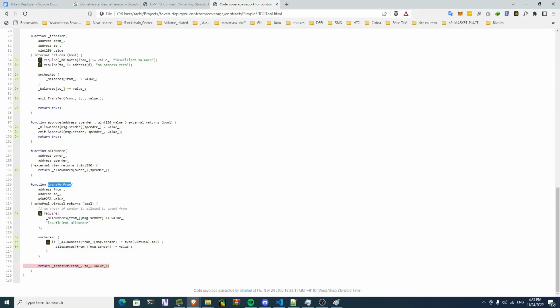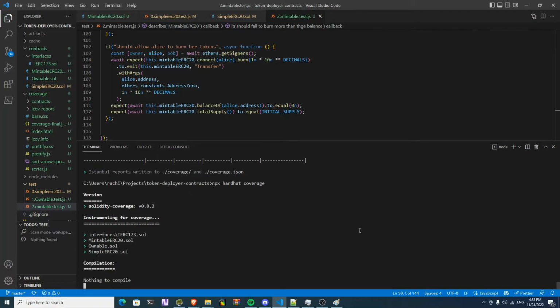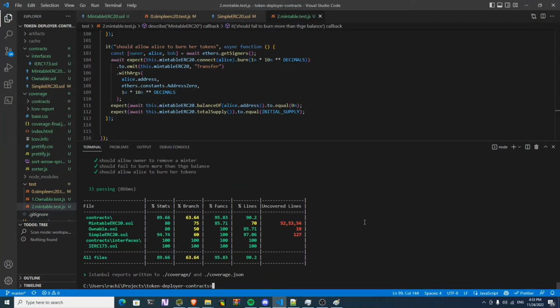Transfer from, I think this is just a bug. Let's rerun the coverage, see. All right. I still think these are bugs here, but we'll continue with the mint. So the mintable, we said 52, 53, 54. That should be